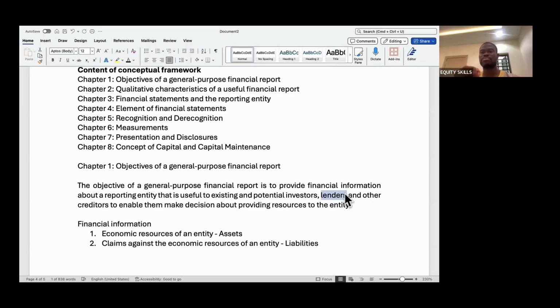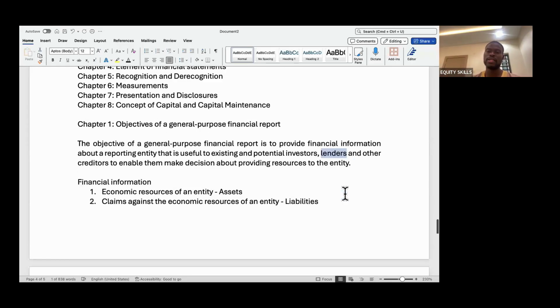Those are the primary users. Those are the people we prioritize as far as financial. Every other one are secondary. They are secondary, meaning that those ones are just there. They are just collecting from the company. But these are the people providing resources to the company. Without them, no entity. And that's why they are the primary users. So